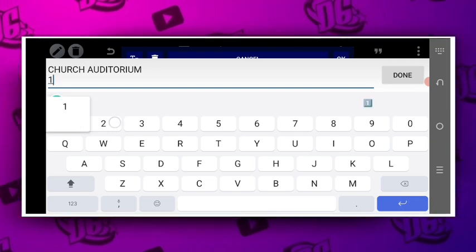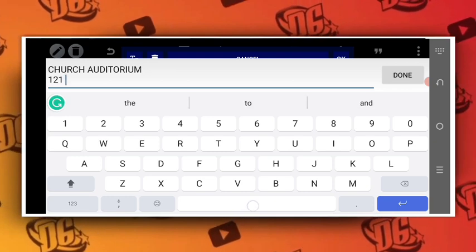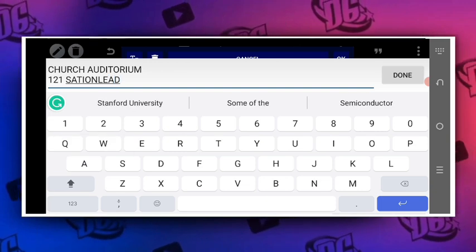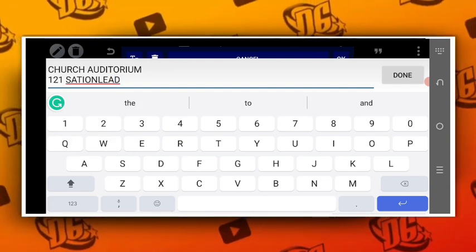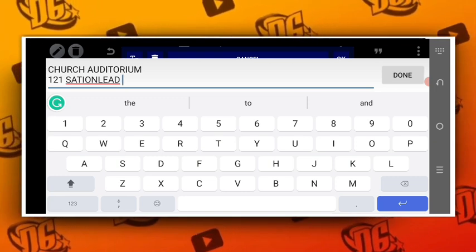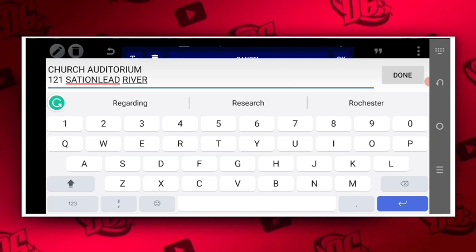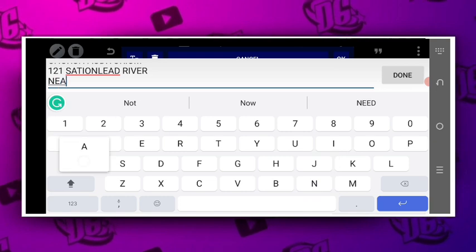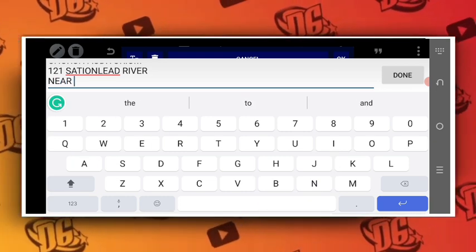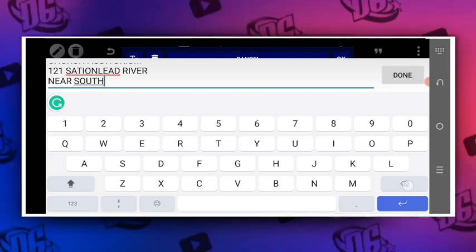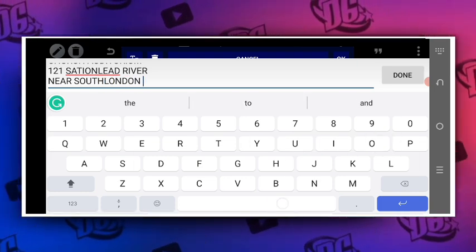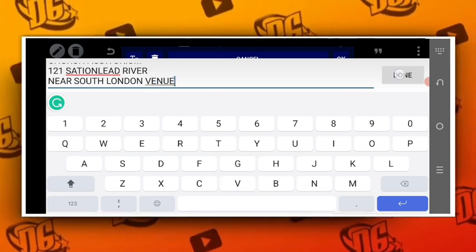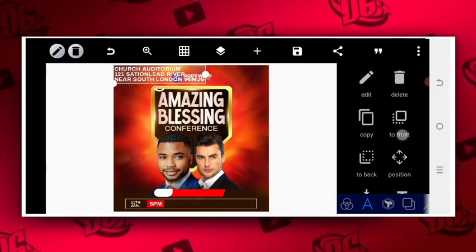Then we are going to change the color to that. So we say 121 LED station LED, at a river, near South London, South London venue. Okay, perfect. So now that we have this, then the next thing we need to do is to go to